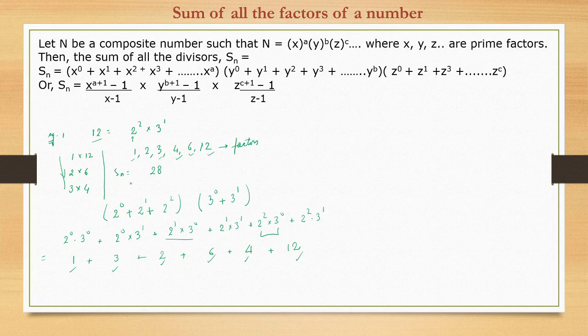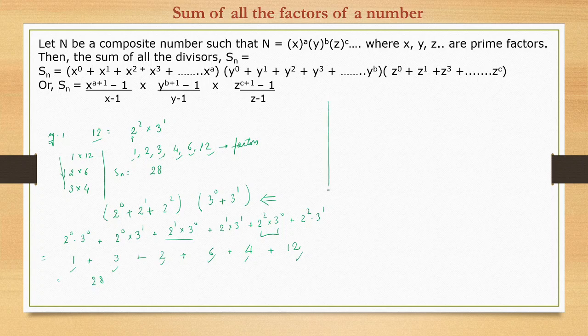So through this process we can get all the factors. What did we do? This was the methodology which we adopted to find the factors. We see how many powers 2 can take and how many powers 3 can take, and the combinations using all these possibilities give all the factors of any number, right? And by adding, we can get the sum of the factors. So simply, if we add this, we will get 28.